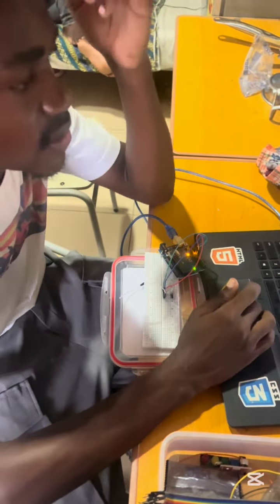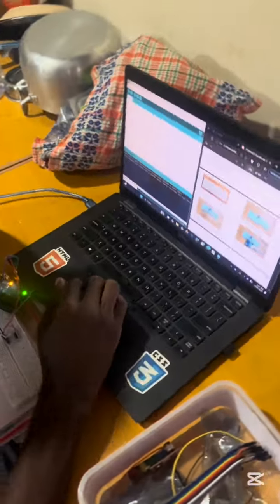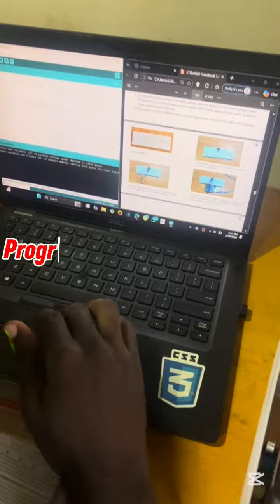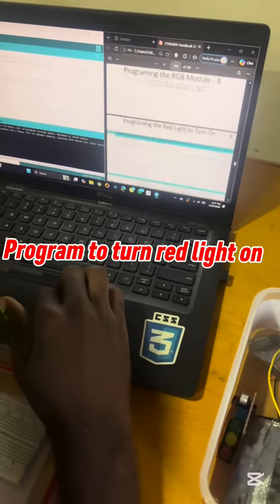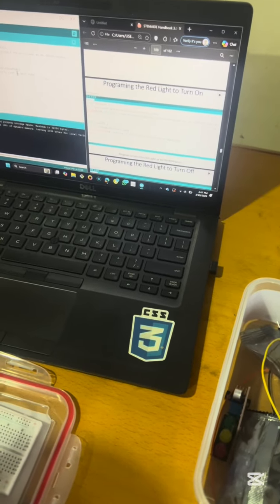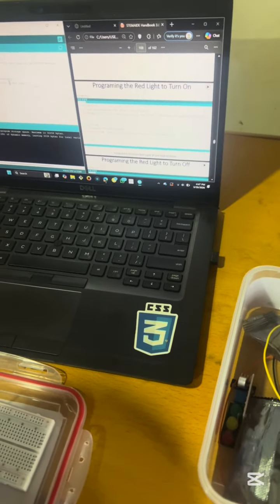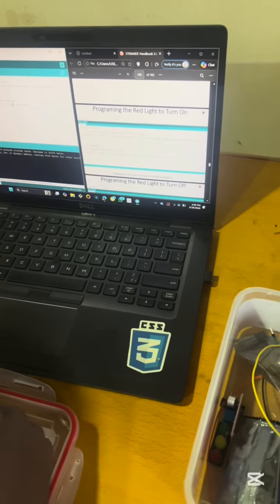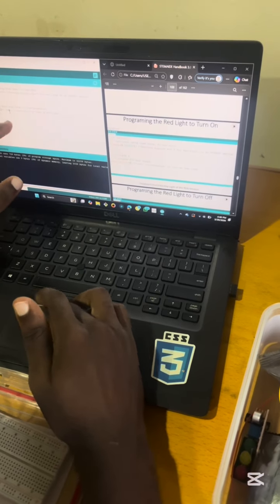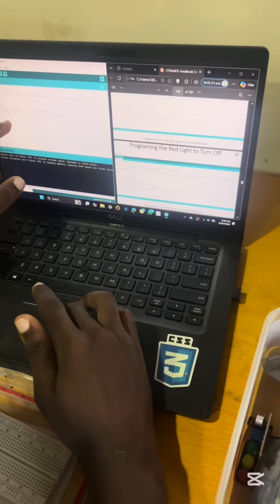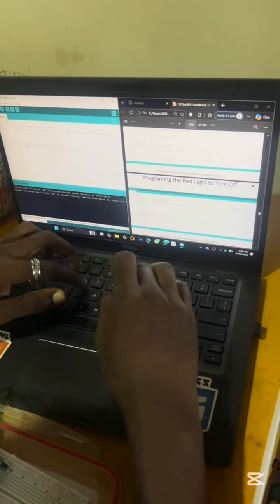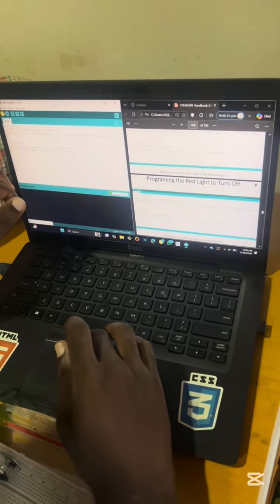Over here, we're writing the code for pin 8, which is red, for the red light to turn on. So if I connect the GND right now, you realize that I've changed the code over here to low, which means the red light is supposed to turn off. But if I change it to high right now and then I compile it,